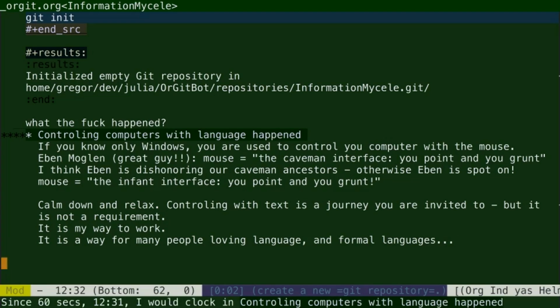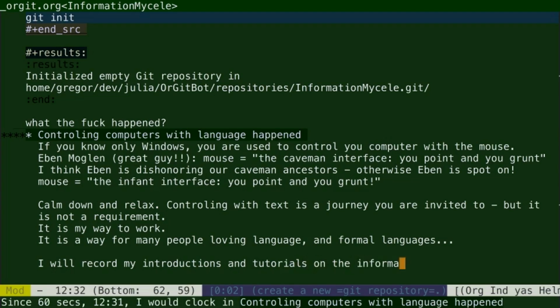You can stay more focused on your thoughts and just write them. It is my way to work, and it's a way for many people to work who love language and also formal languages. But as I said, if you're used to Windows, it's not a requirement, it's an invitation.